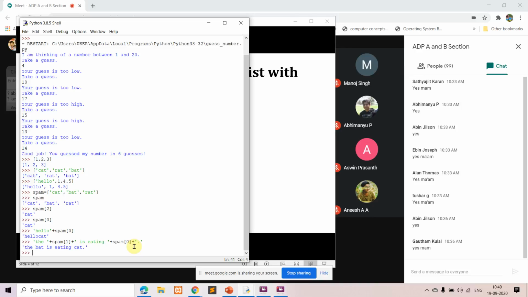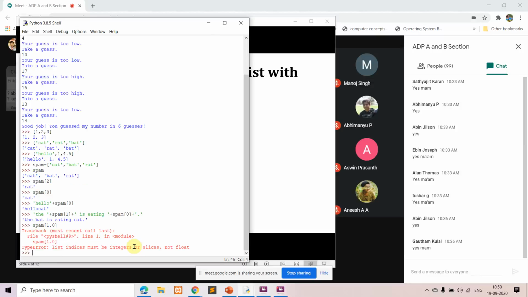That is one more point you have to remember. You cannot use floats. Suppose I'm giving here spam of 1.0. You can see in that case I'm going to get an error. So what we want to say is, the index value should always be an integer value.